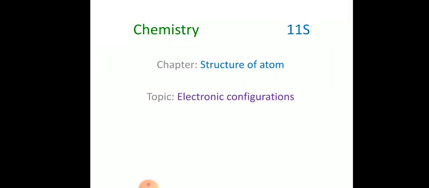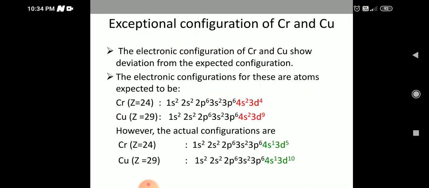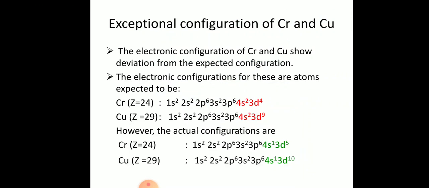In that, two electronic configurations that were written are incorrect for most of you. I am going to explain what the reason is and why it is wrong. The exceptional configuration of chromium and copper. If you have written the configuration of chromium and copper, you'll notice that these two elements, copper and chromium, show deviation from the normal electronic configuration. Say for example,